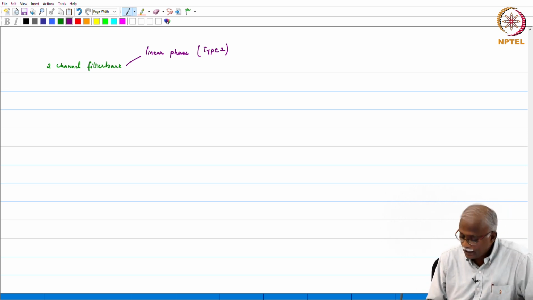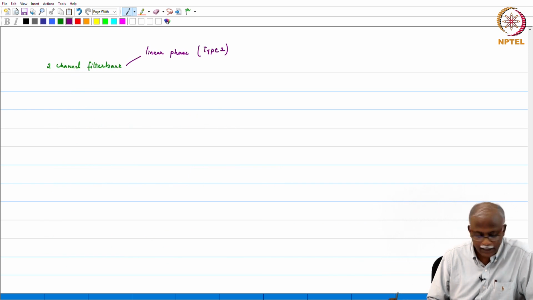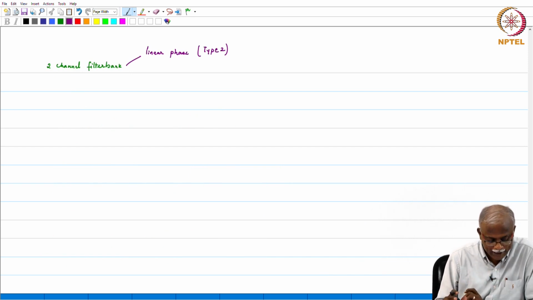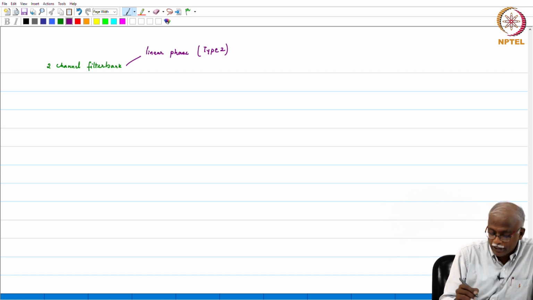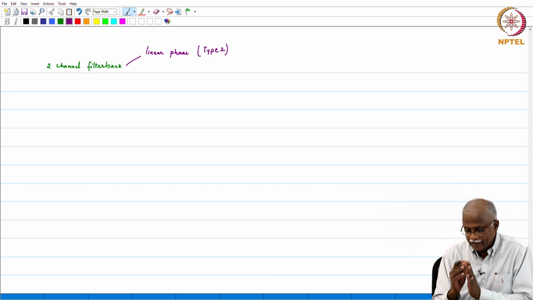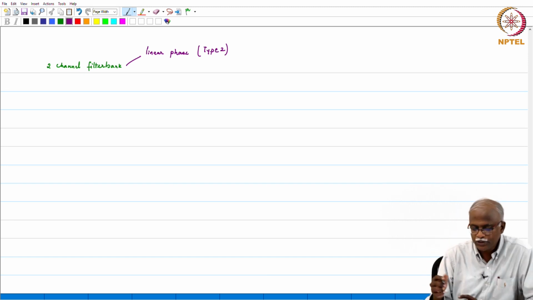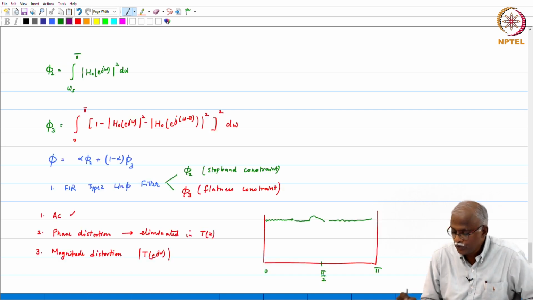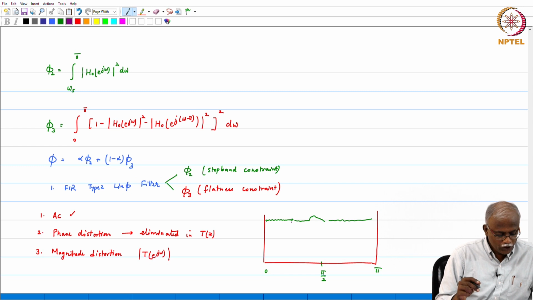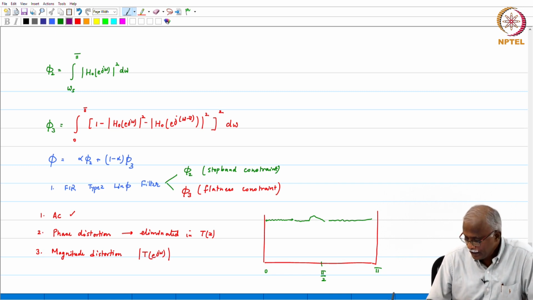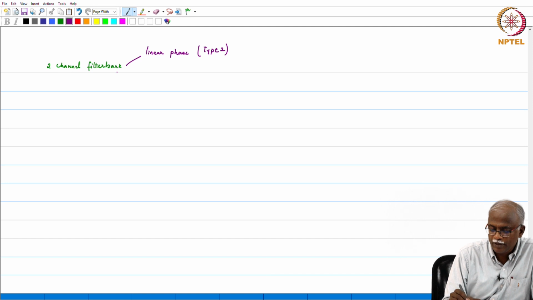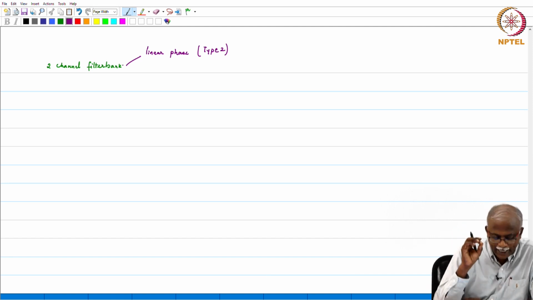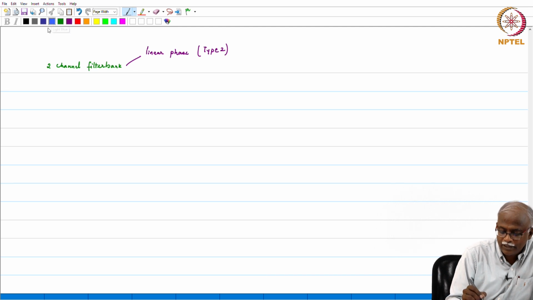Okay, so now we can summarize the total results that we have in the following manner. The two-channel filter bank, using the linear phase type 2 filters, we are able to eliminate phase distortion and have aliasing cancellation, and also we just have a residual magnitude distortion as was shown in the previous graph. So we now have a method where we can design the two-channel filter bank to a large extent satisfying the requirements. But let us make the note that